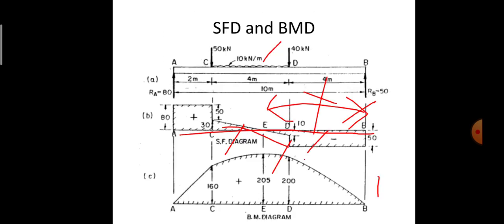So this is all about the shear force and bending moment diagram for the simply supported beam when it is subjected to the combinational load. So here, while plotting the bending moment diagram, we are supposed to draw it in a linear sense. From D to B it is linear, from A to C again it is linear, and from C to D it is a curved variation. So this is all about the shear force and bending moment diagram for simply supported beam when it is subjected to the combinational load.